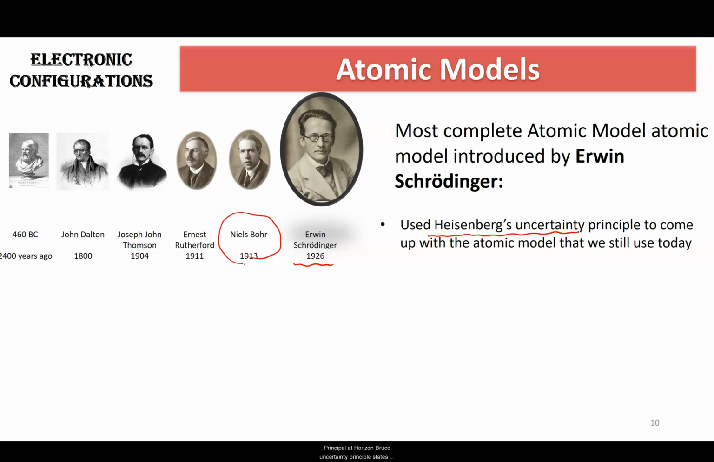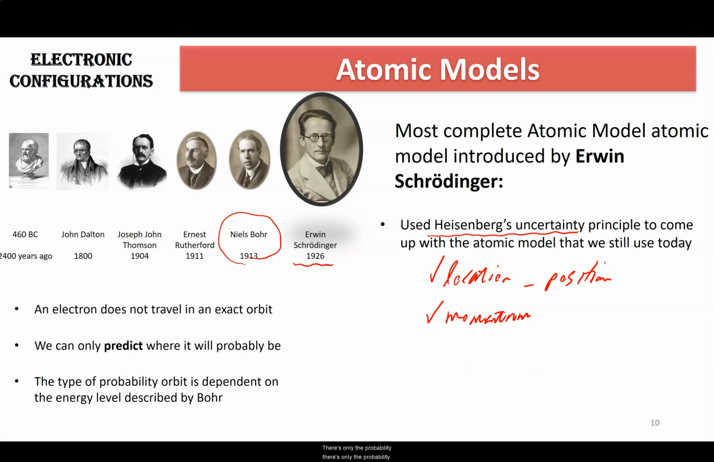And Heisenberg's uncertainty principle states that you can't know the location, in other words, you can't know the position of an electron at the same time when you have information about its momentum. So you either know this or you know this. You cannot know both of them at the same time. So in other words, there's only the probability